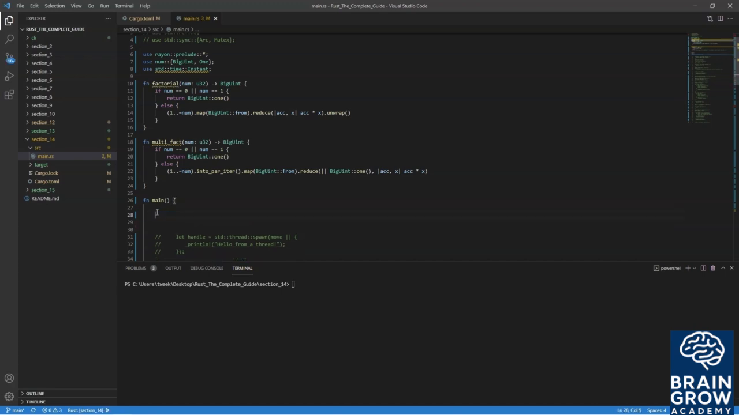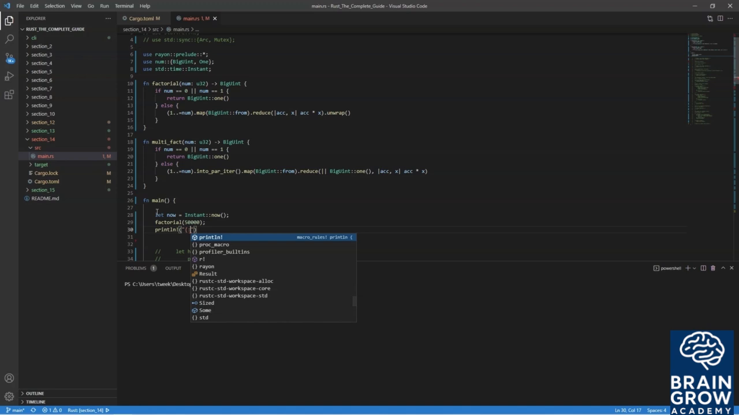So now let's create a benchmark for this. And this is where our time instant comes into play. So now we're going to create an instant and assign it now. And now we're going to calculate our factorial of 50,000. And now we want to print out how much time it takes for that computation. So we'll give it a little bit of styling. So we want it to print out